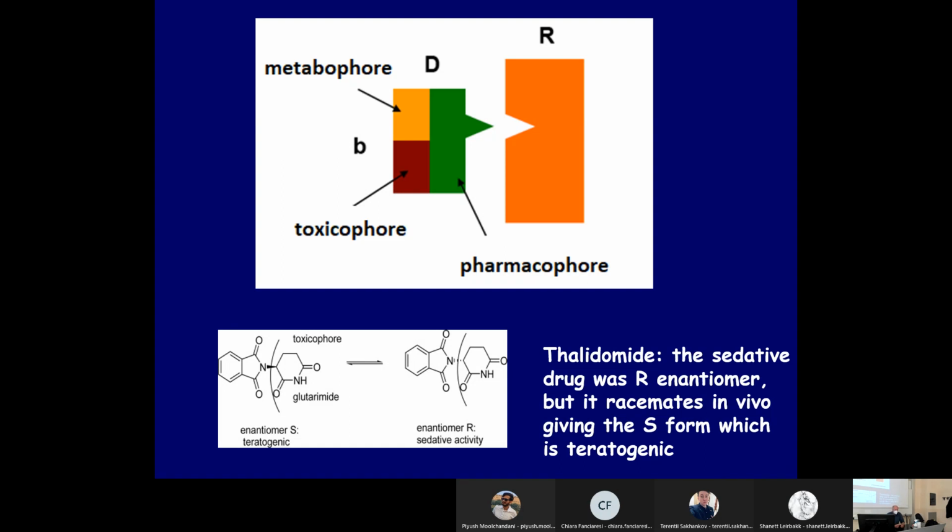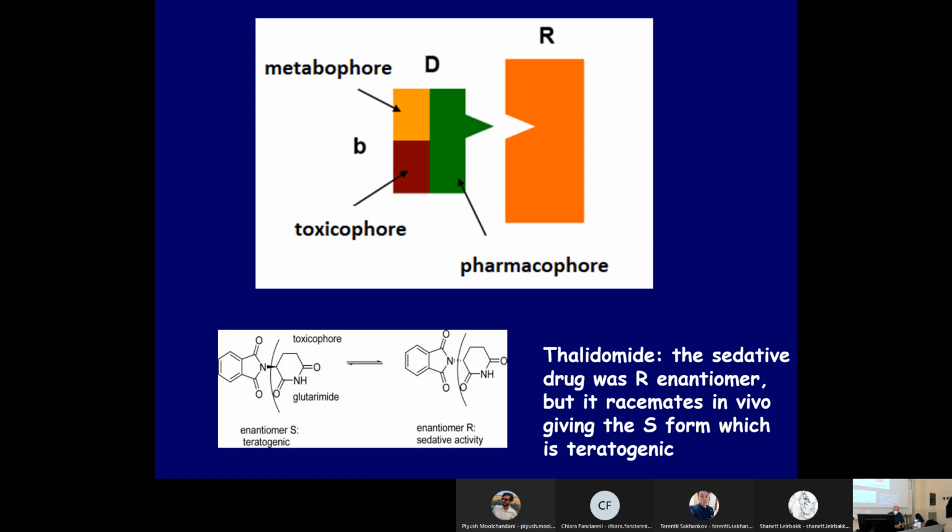If we want to better understand what a toxicophore is, we can see this example related to an old anti-inflammatory drug called thalidomide. Thalidomide was used in the past, after the Second World War, and it was a potent painkiller. It was used by the population, but at that time it had